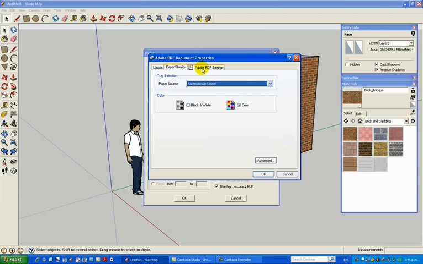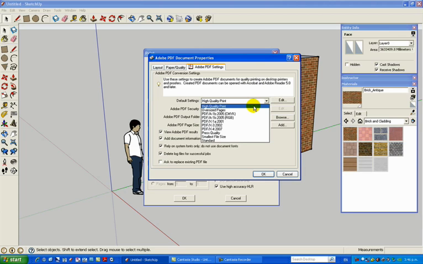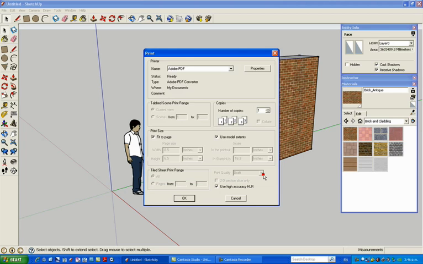Paper source doesn't really matter in this situation. Standard default settings, what do we got? So there could be some options in here, and it may be a matter of trialing and seeing the best option. So if we try other ones, just see what happens. High print quality sounds good to me, so if we just go OK